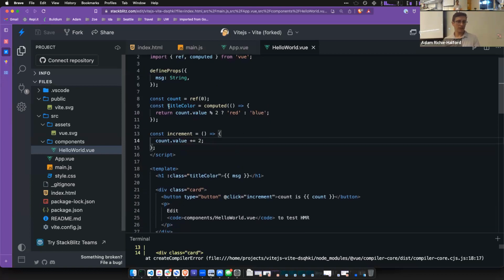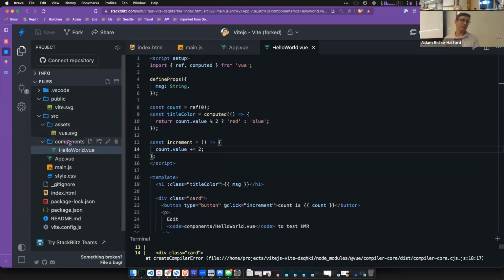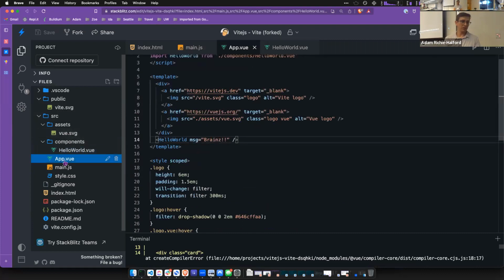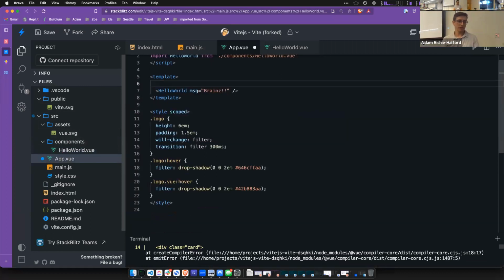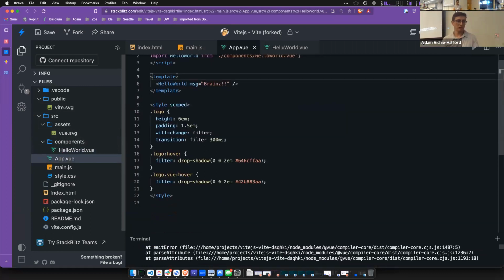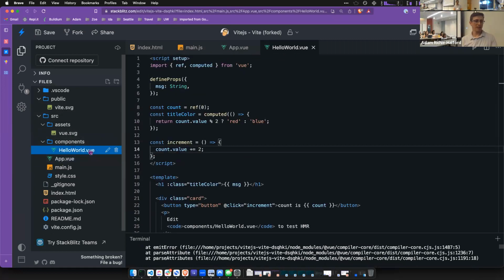So let's go ahead and clean up our template a little bit here. I'm going to go into app.view and delete these logo divs. We don't need to show the Vite and View logos anymore. I'm going to go back into Hello World, and